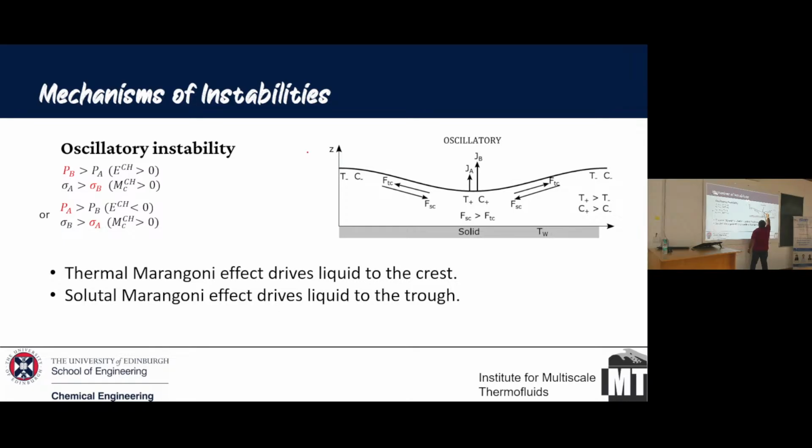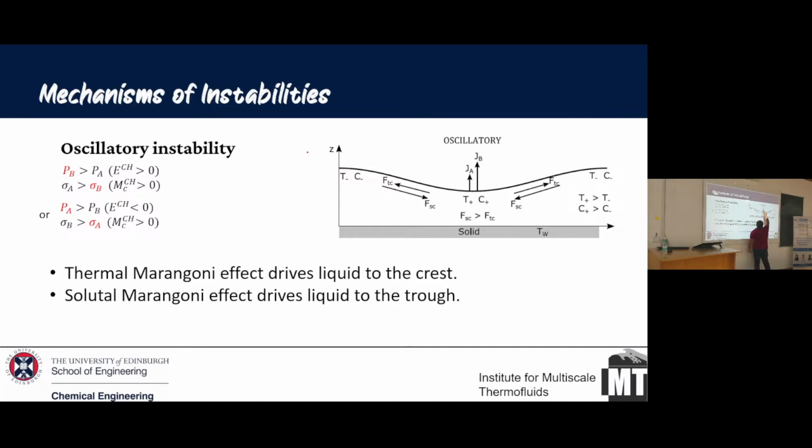So the temperature, because it's close to the solid, is higher in the trough than on the crest. So T plus and T minus are in the same direction as before. So you've got the thermal Marangoni which is pulled in that way. But in this case, your